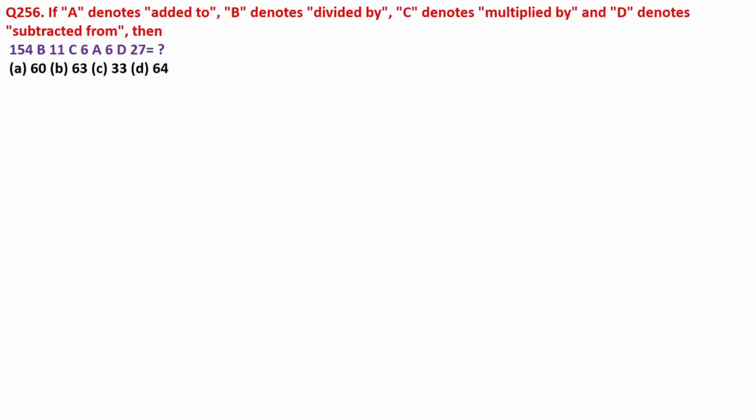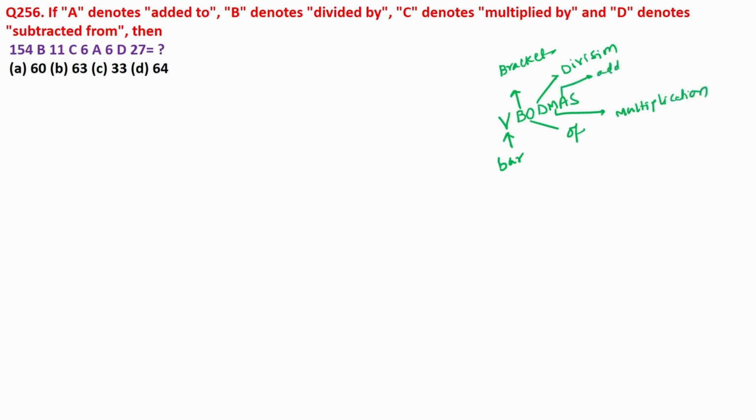Next. Here there is a mathematical relation, guys. Whatever the mathematical operation, you should follow the VBODMAS rule. You already know that the priority is based on the letters only. V is a vinculum, a representation of a bar, and you have to solve that first. Next priority goes to brackets. Next one is of. Next one is division. The next one is multiplication. The next one is addition. And the final priority goes to subtraction.